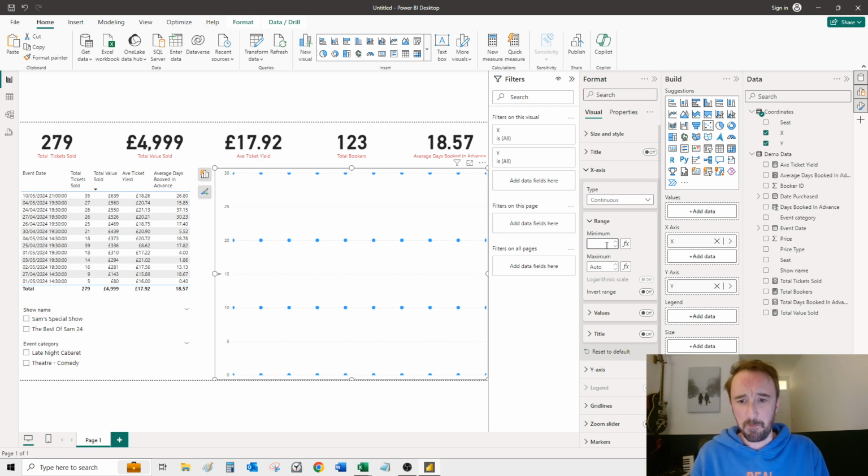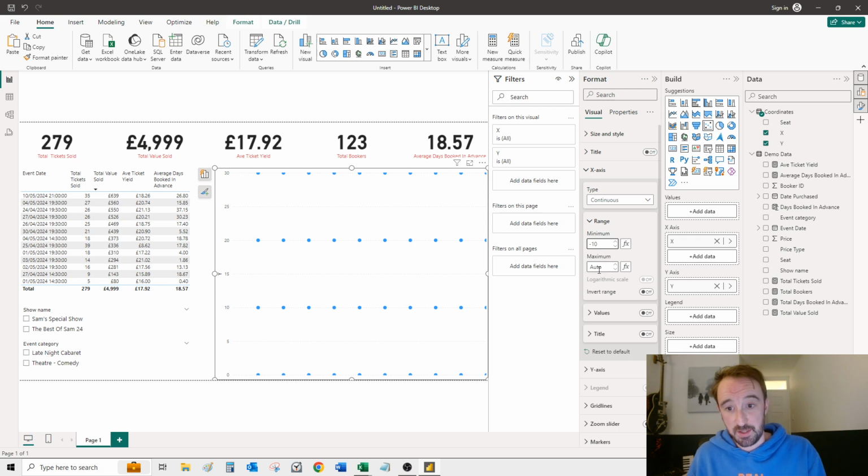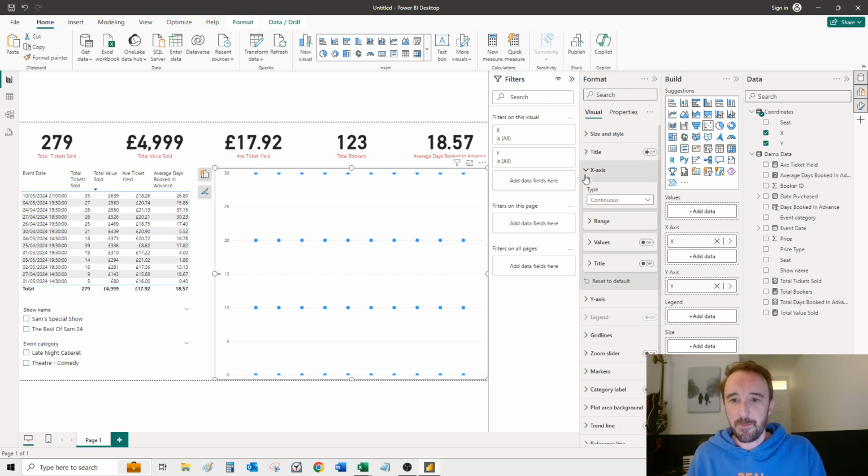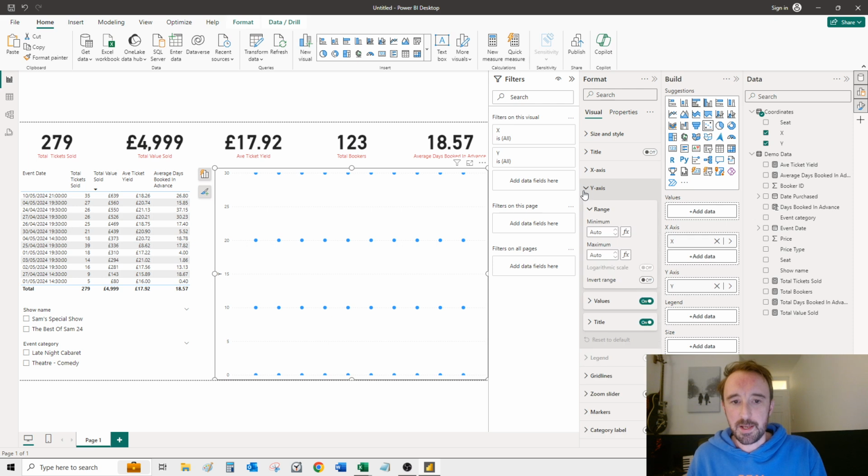And we're going to set the minimum value to -10, which again just helps with spacing. And the maximum value, I think, is 100. We want to set it to about 100. Essentially that's just bringing those all slightly closer together and making sure the spacing looks right and all that sort of stuff. Then we're going to go into the y-axis, and we're going to again hide the values,